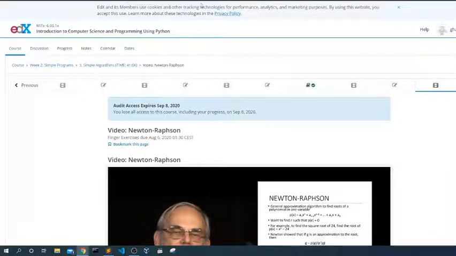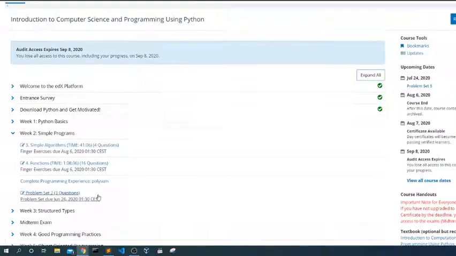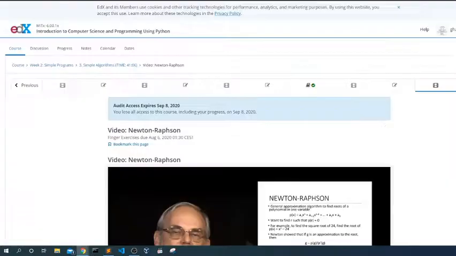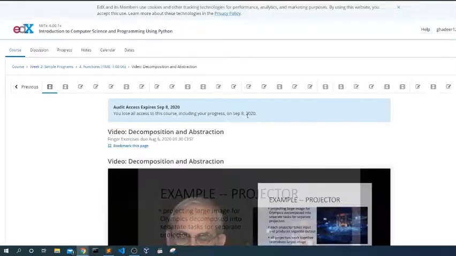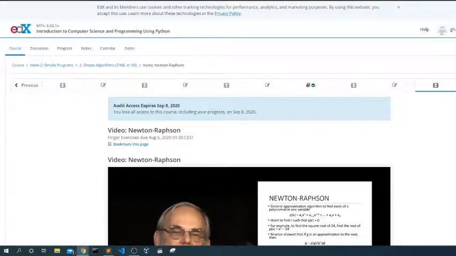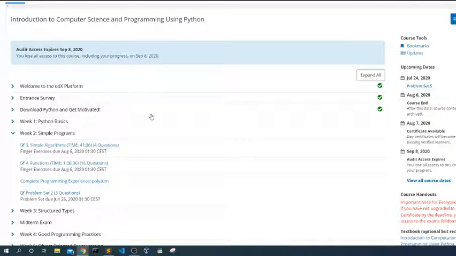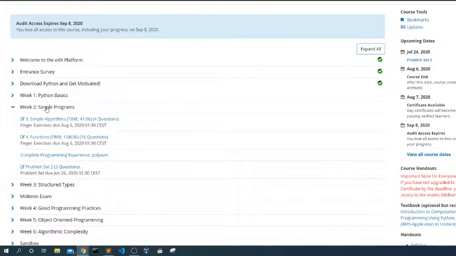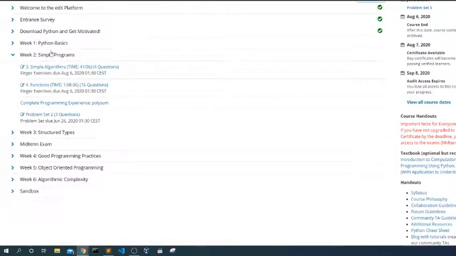No, maybe I'm mistaken. Yeah, it's a simple algorithm. The second one is long, so maybe tonight. I will try it in the night. I'm trying to do everything in the weekend, so I don't have lots of time to prepare myself.